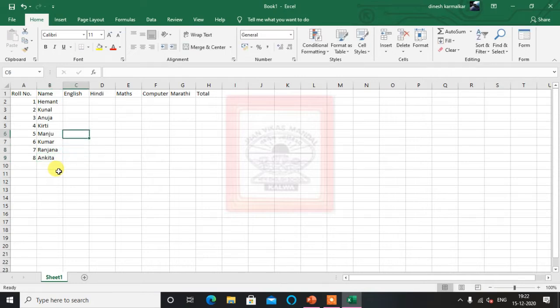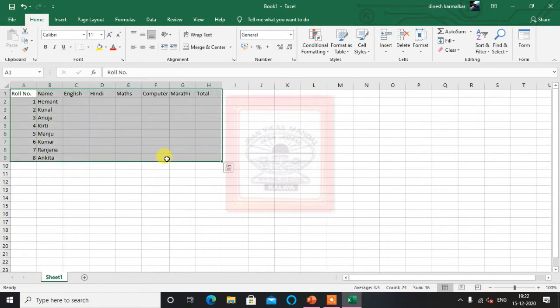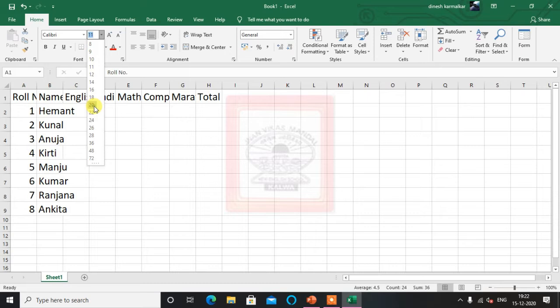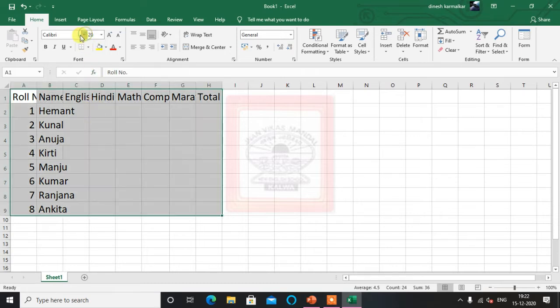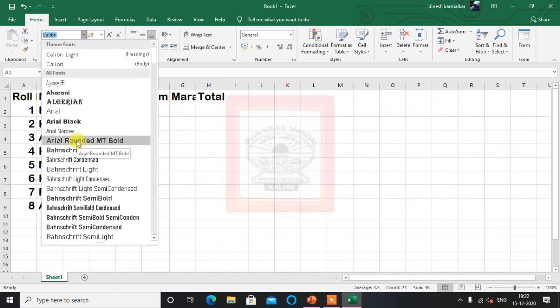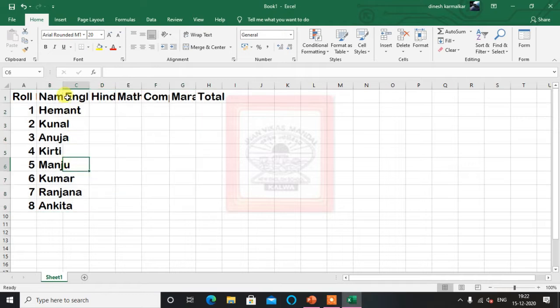This names part is over. Now I'm going to enter the English marks. Before that, let's increase the font of all this so you are able to see clearly what I'm typing here. Let's say I'm taking around 20. Let's take a big one, Arial Rounded Bold.